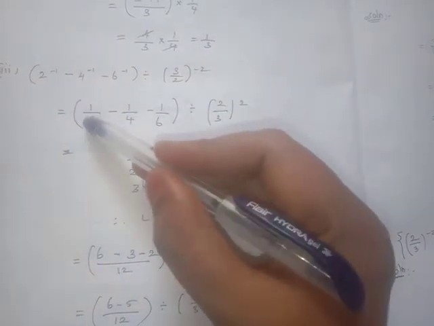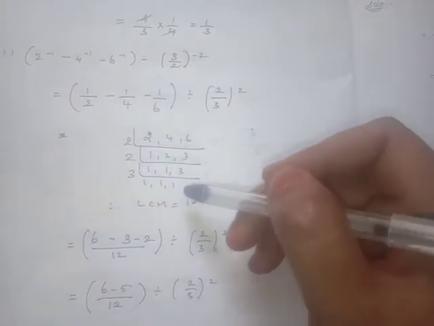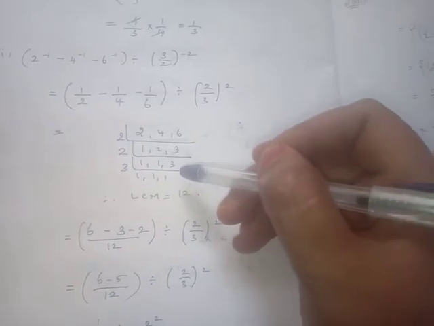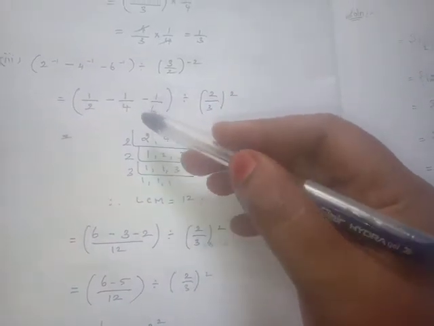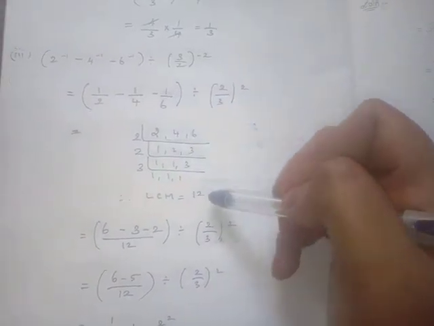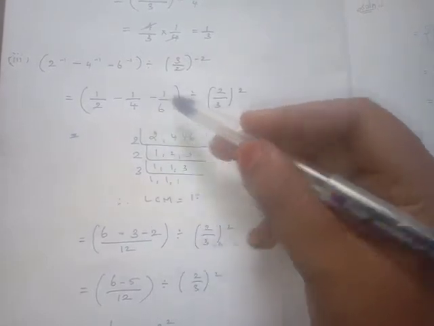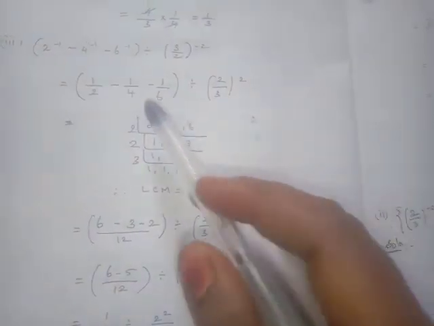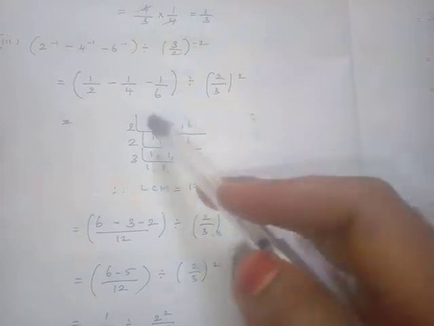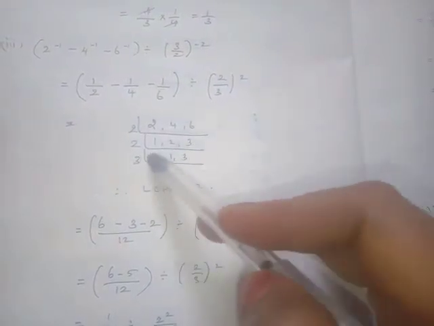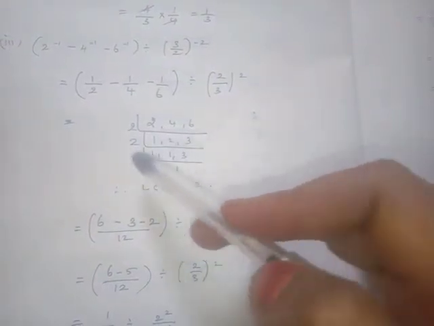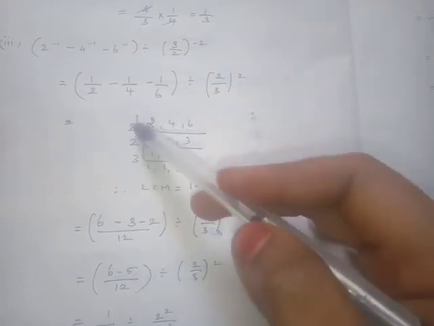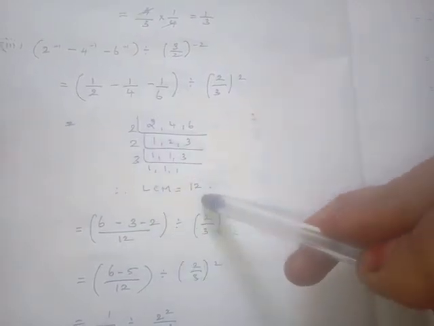So for the next one, these 3 numbers are in subtraction. For addition and subtraction of fractions, every fraction must have a common LCM. Change them, and then subtract the numerators. Take 2, 4, 6 for the LCM: 2 table 1 time, 2 time, 3 time. Again 2 table 1 time, 3 time, 3 table 1 time. So 2 2s are 4, 4 3s are 12. So 12 is the LCM.